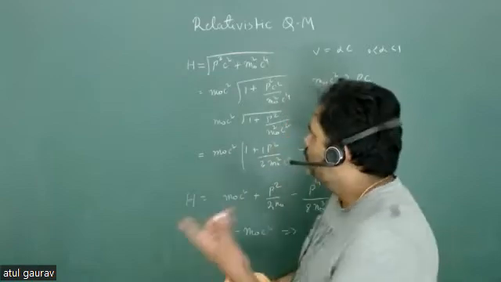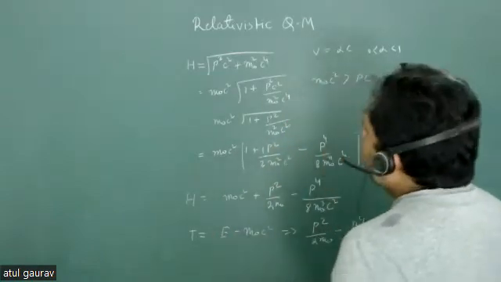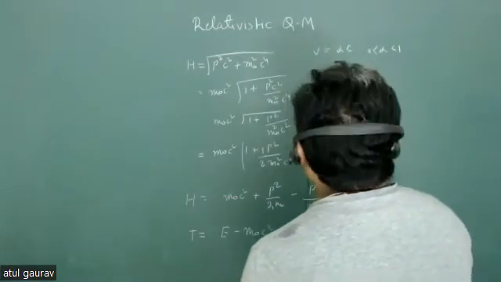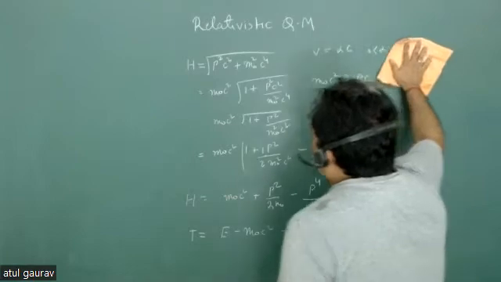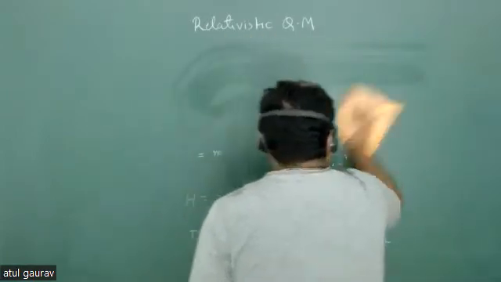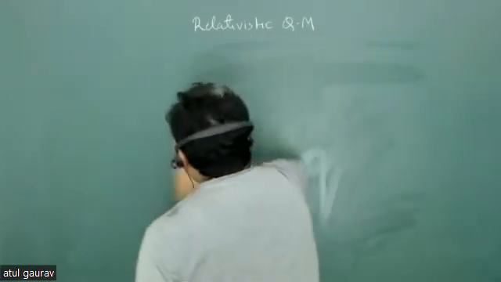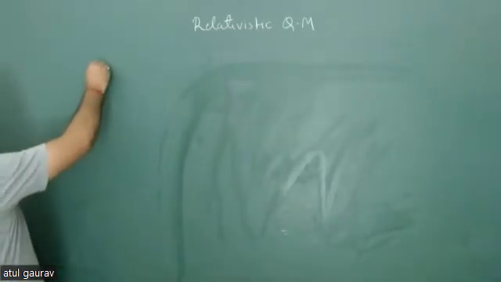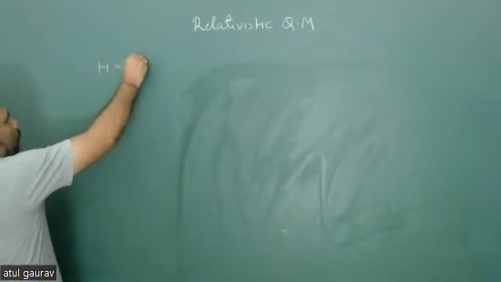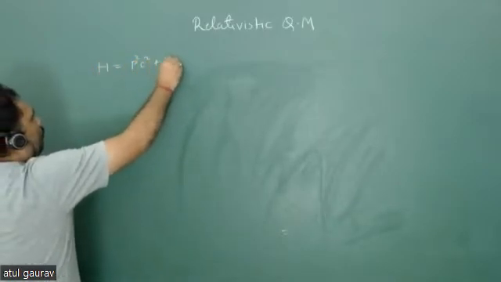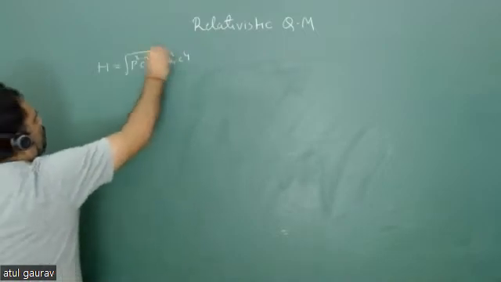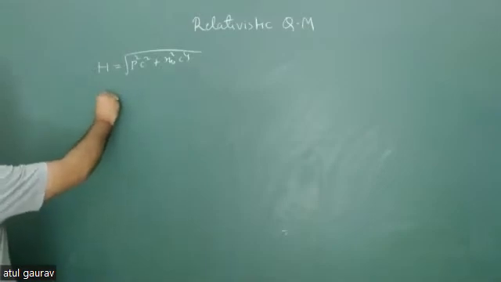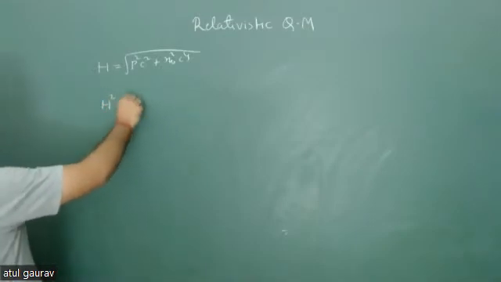Obviously, what was the idea? He just gave the mind-blowing idea. What will be that idea? That idea is that he just takes a Hamiltonian, and that Hamiltonian is given by what? H equals square root of P square C square plus m naught square C to the power 4. This is my Hamiltonian. And what he does, he just goes for the square of this,